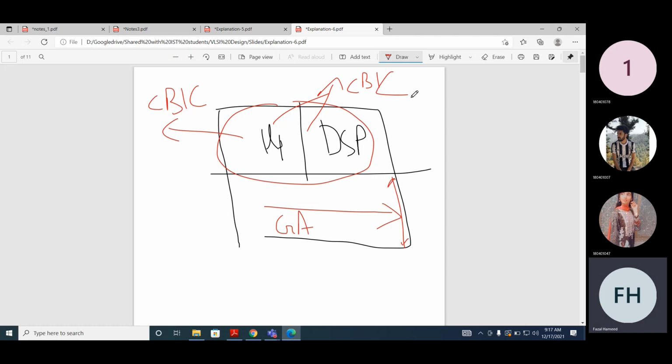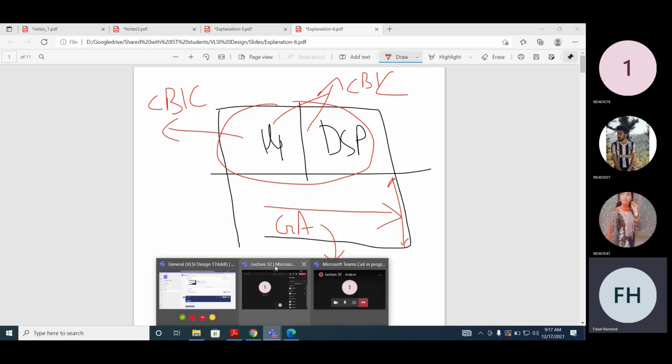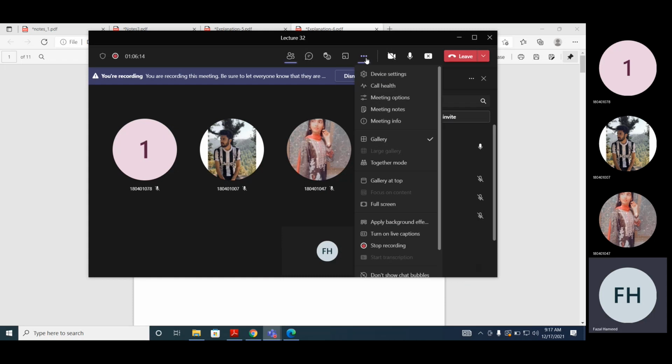And this microprocessor and DSP are already prefabricated. When they are prefabricated, the cost will be shared across all the chips. It's designed using the CBIC approach, and this gate array is designed using the base array approach. So now in this case, all the layers will be defined, and the metallization layers are not defined.